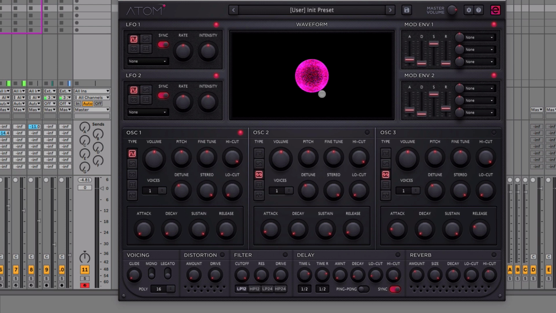And this nice little GUI display that you see here is really where a lot of the AI starts to take place. It gives you a nice 3D rendering of the sound that you're creating in real time. So it's pretty cool. And on the bottom, you have your voicing, where you can apply some glide,